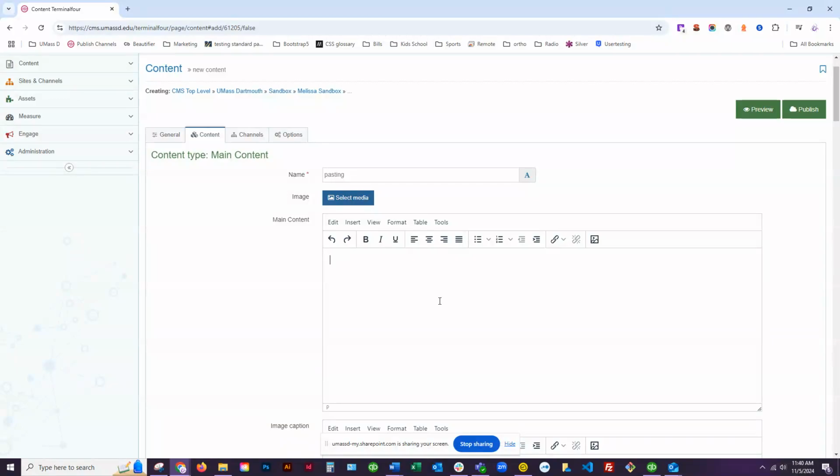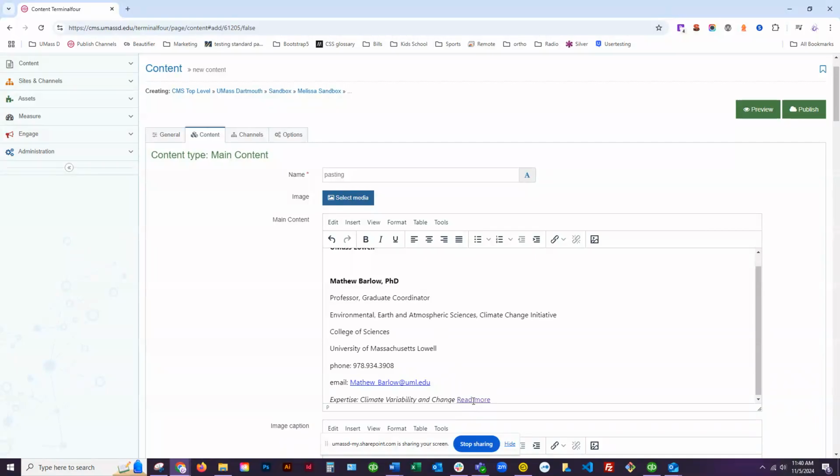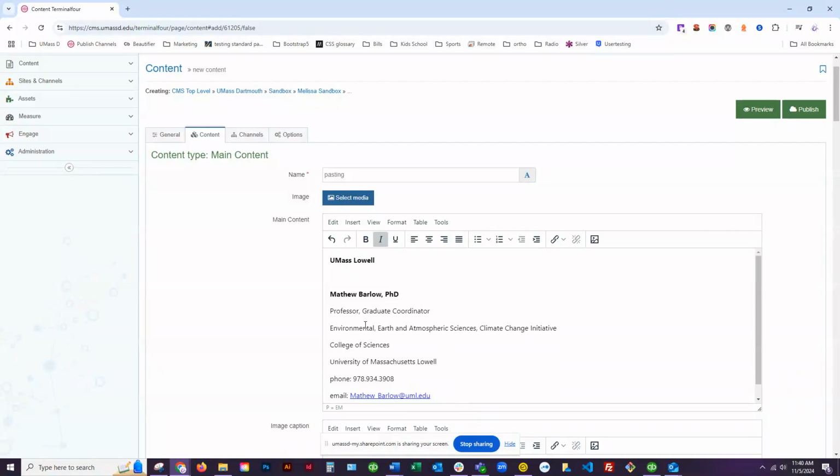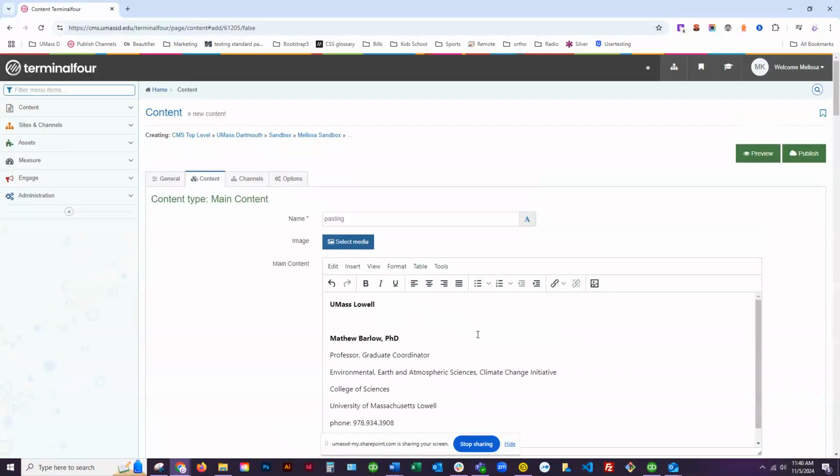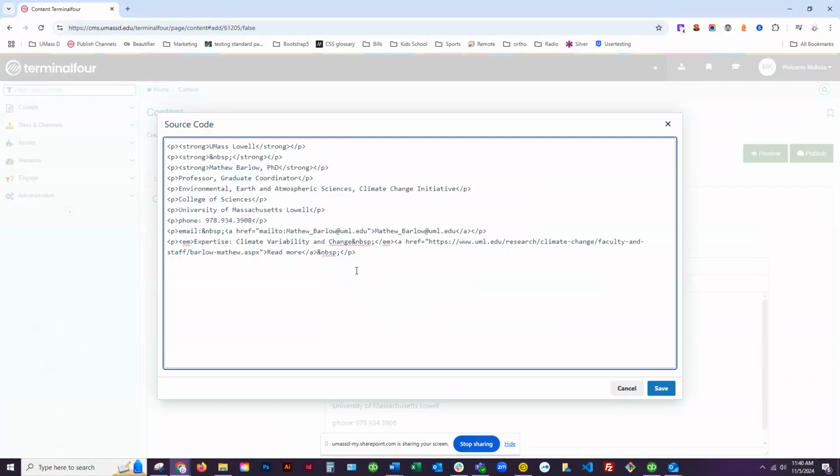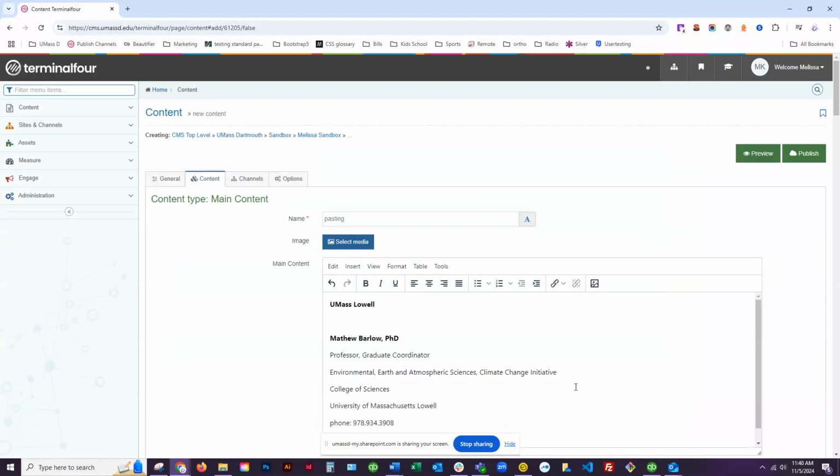Now, if I simply hit Control V, or on Mac, Command V, you're going to notice that I have links here. I have italics, I have bold. And if I look on the back end here and look at the source code, I'm going to see a lot of information here that doesn't belong here. We're going to simplify that a little bit